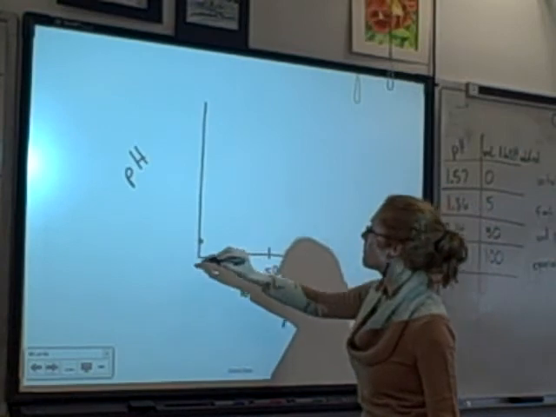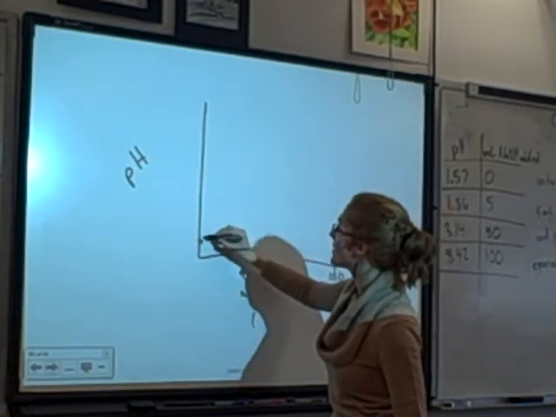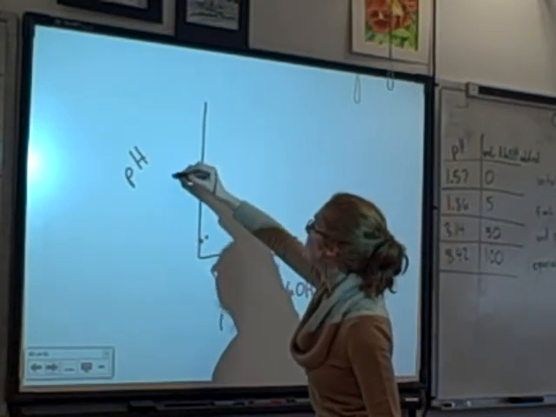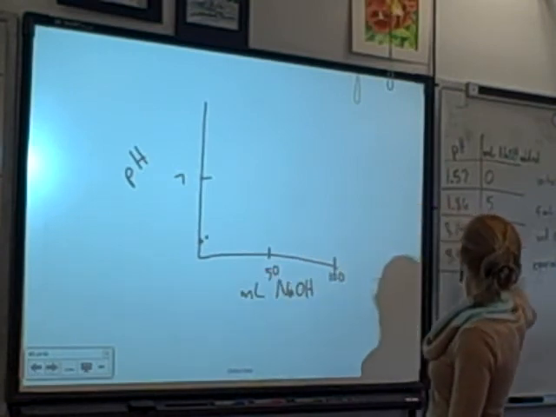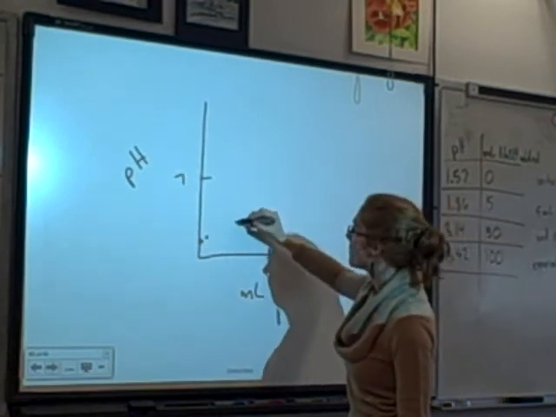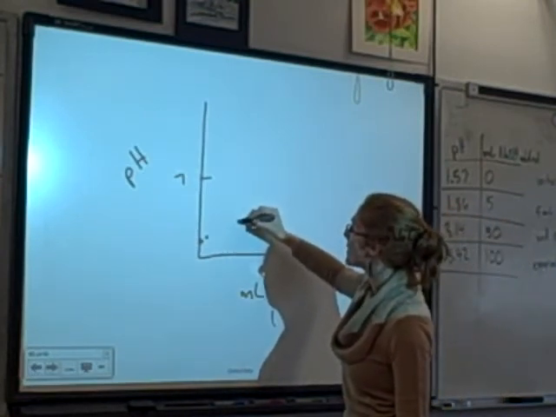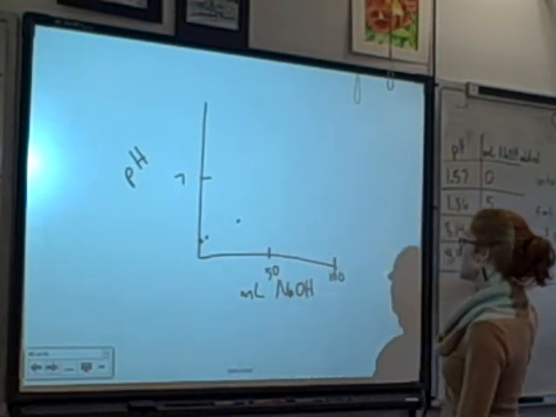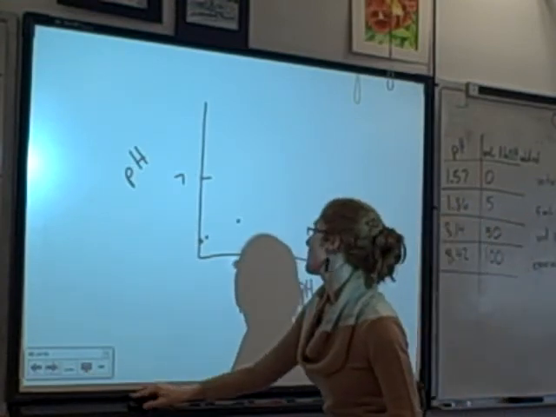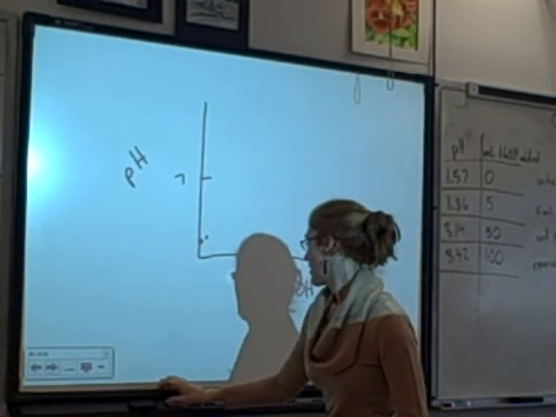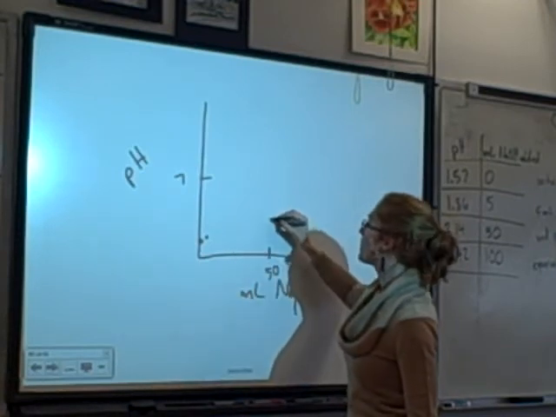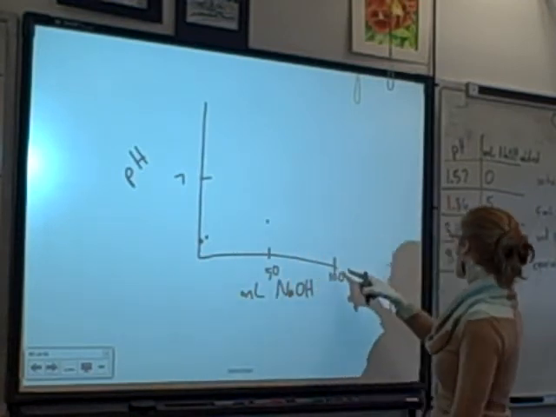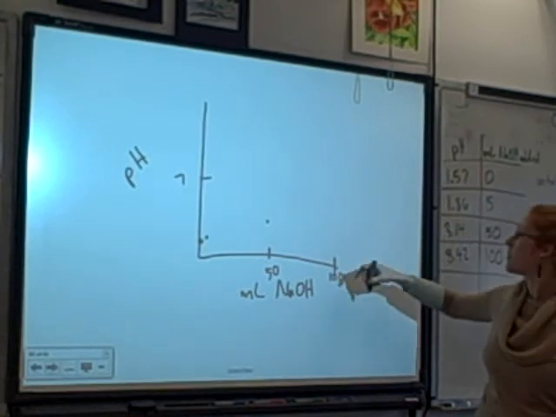After 5 milliliters, the pH is 1.86. After 50 milliliters, the pH is 3.14, so maybe just a little less than half. After 50, it was 3.14. And then at 100, that's our equivalence point, pH is going to be